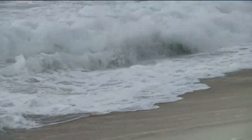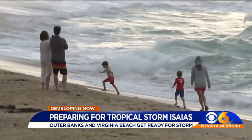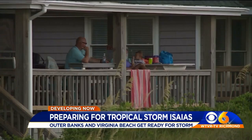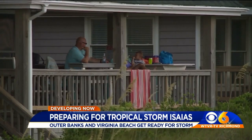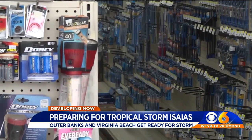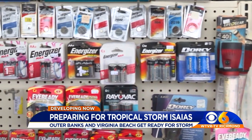All right, welcome back. 7-Eleven just south of us. People in the Outer Banks preparing for Tropical Storm Isaias. Over the weekend, families were seen hanging out on the beach, but that could change soon as the storm system inches closer. In Virginia Beach, locals there stocking up on some equipment like flashlights, batteries, and bottled water, and some